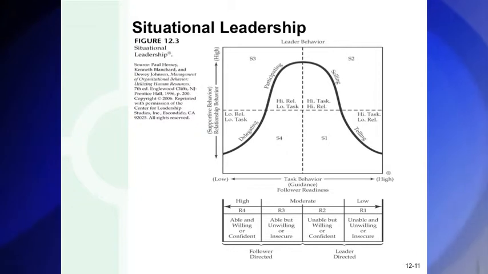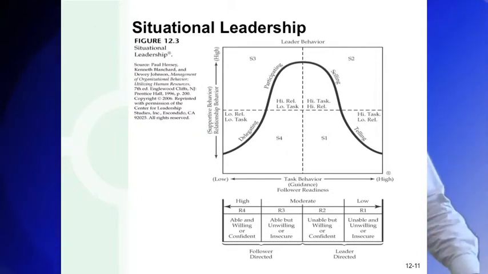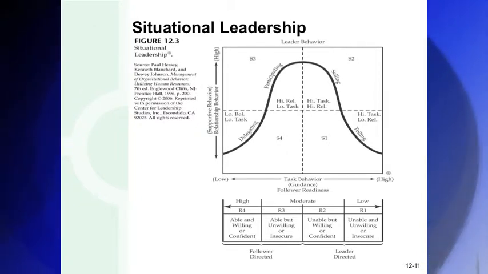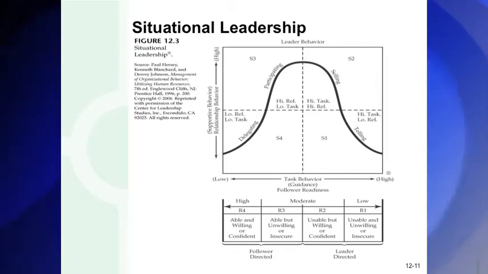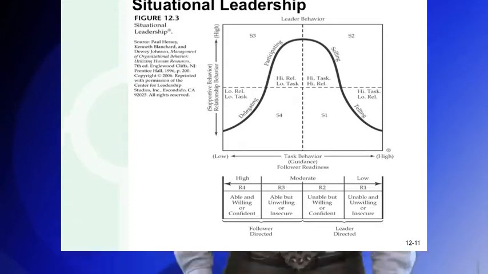In situations, for example, where they may start with a new relationship with a worker in which there is high confidence in their ability to get the job done, then there is low task behavior at the very left of the bell-shaped curve, which it says delegating. So there's no need to be telling the person, but also there's low relationship. That means those supporting behaviors to the individual are not really necessary, because there may very well be high confidence that person is going to be able to do that job.